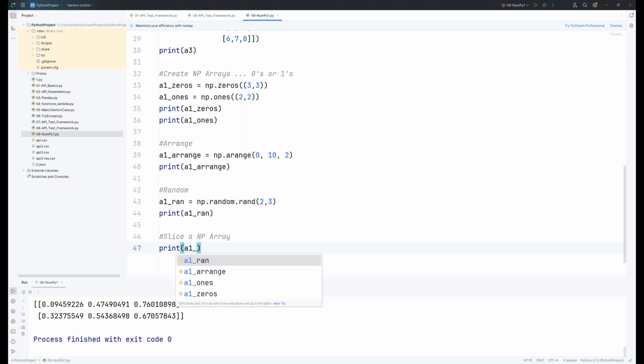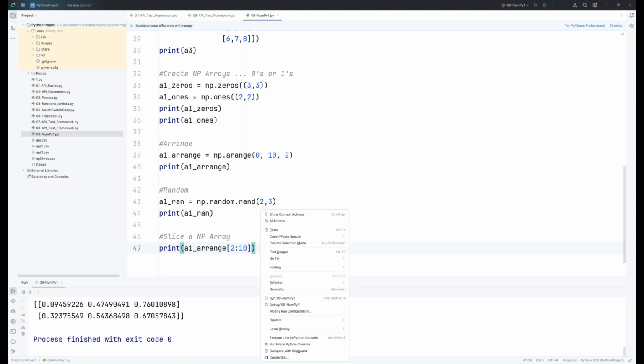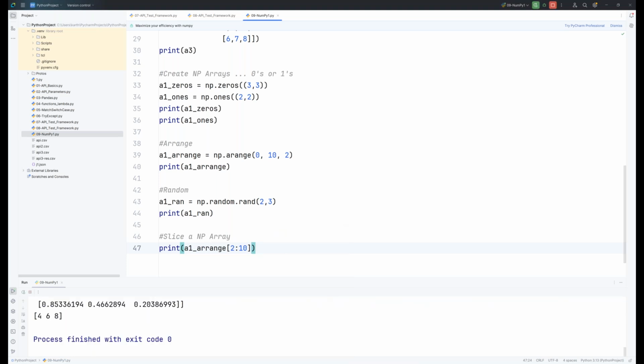So A1 underscore arange, and I'll say print between the second to the 10th element. And I don't know if you're already observing, our A1 underscore arange doesn't have so many